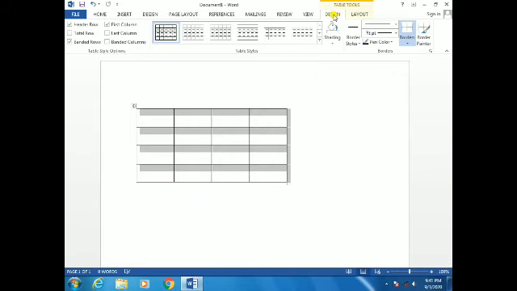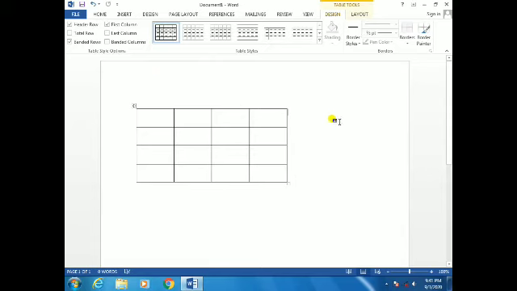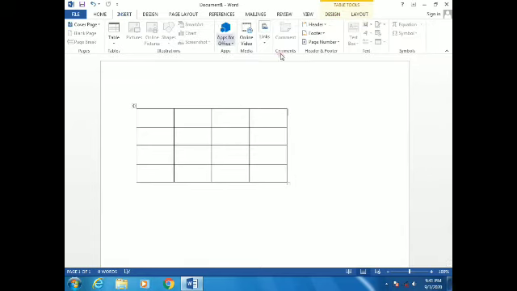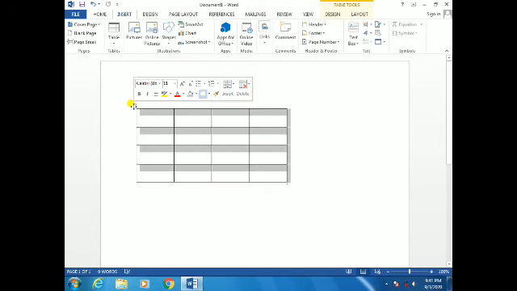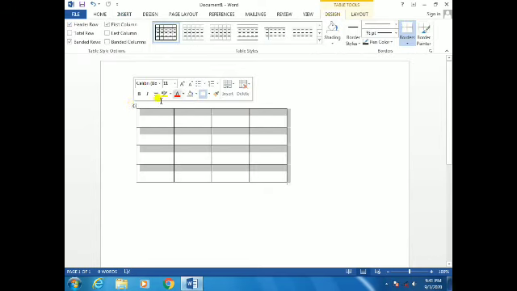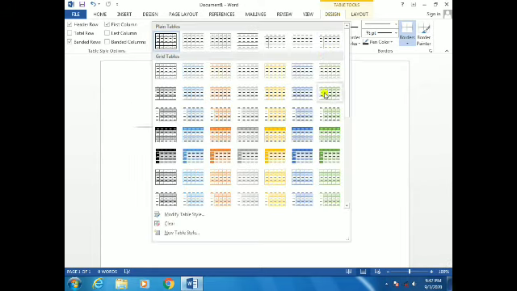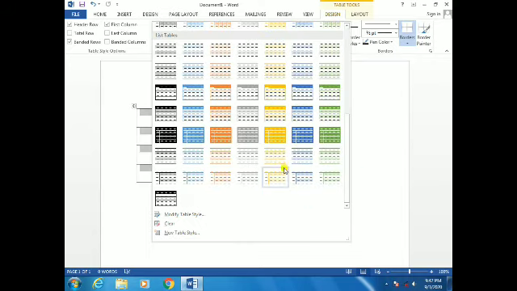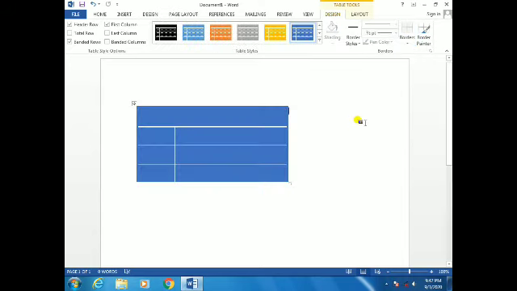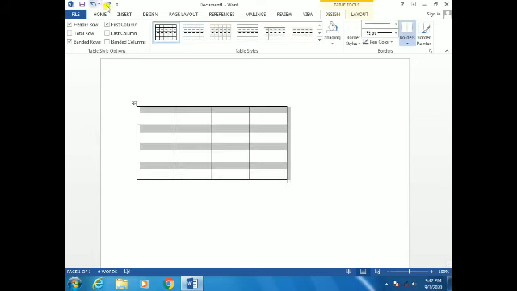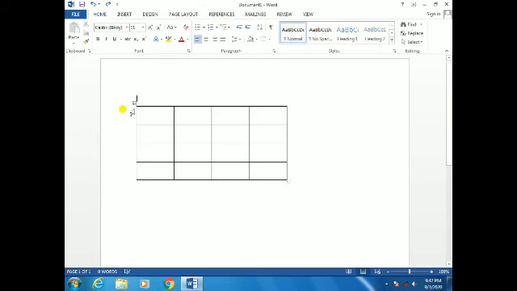Okay, now table styles. Here you can see the design group. If you go here, you will see two design groups are there, but we will go to the last design. Okay, in this design you will also see the table format, and the other design group also. But remember this part: whenever you do this, select that plus sign. After that, in this design, you can see many styles are there. These are the table styles you have done before.